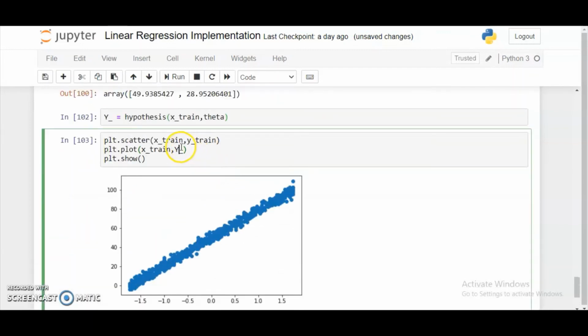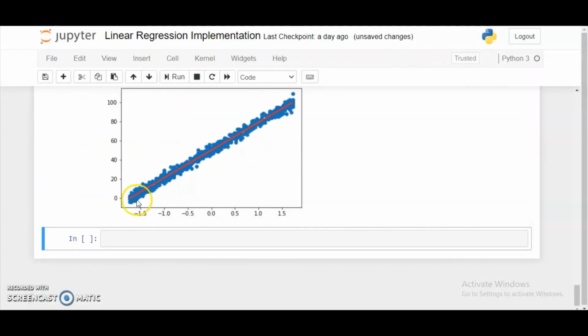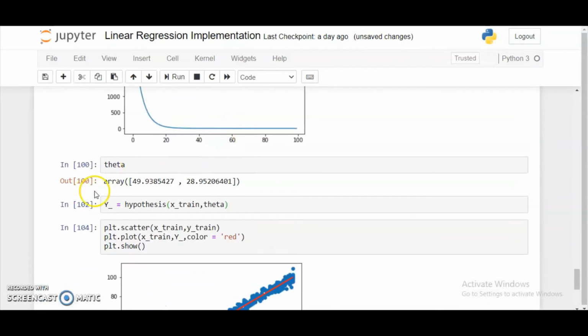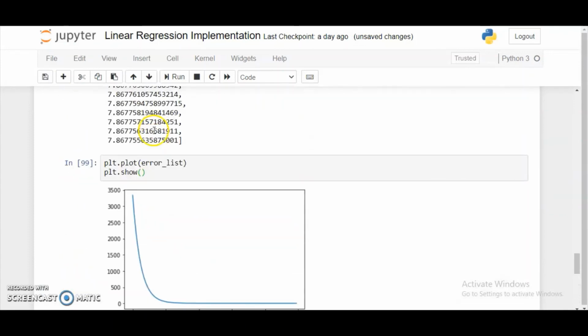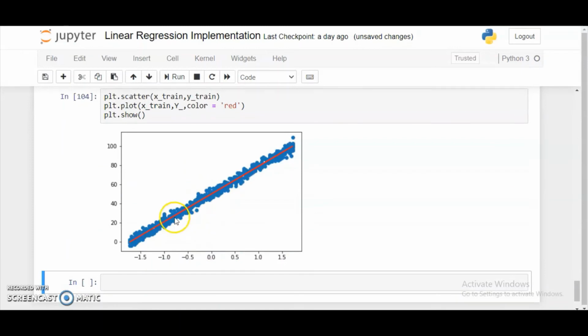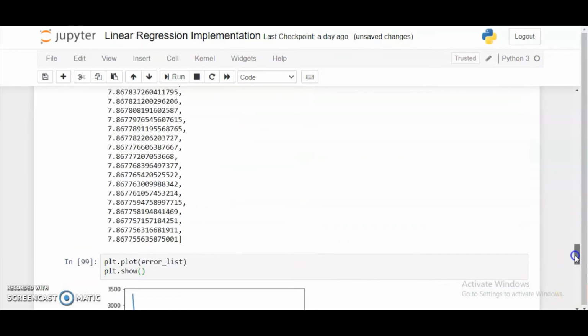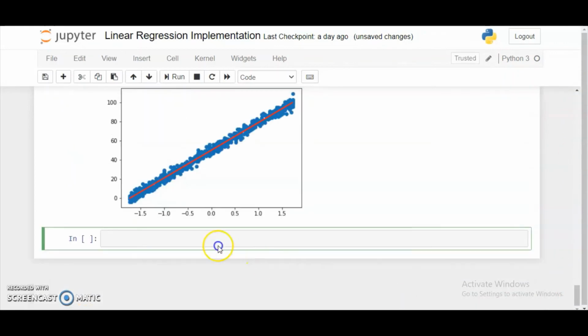So let's change the color of this. I think we are not able to see it because of the color, so let's make it red. Now you can see this is the best fit line, which is because we have the theta that is having the minimum error for all these points. Now let's check it for the test data also. So test.head